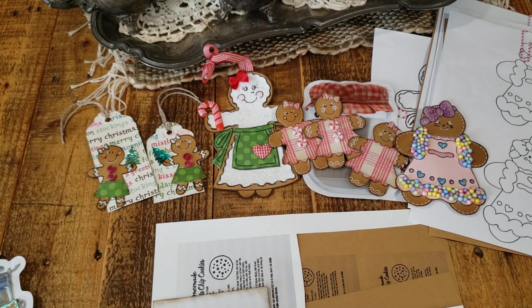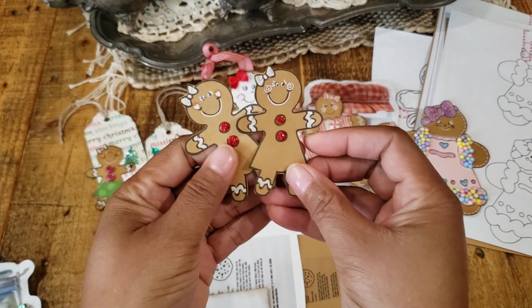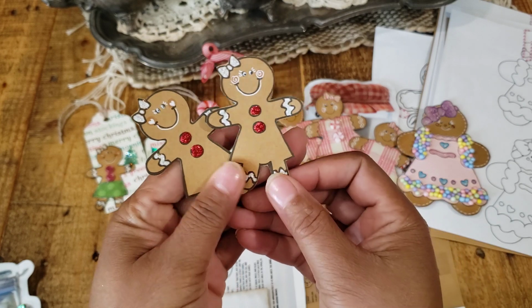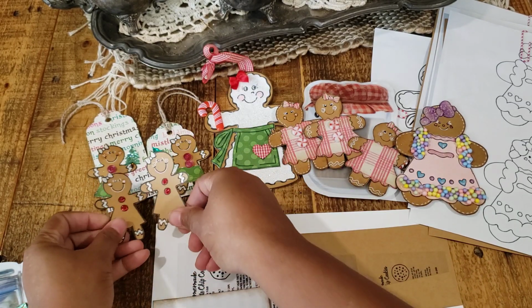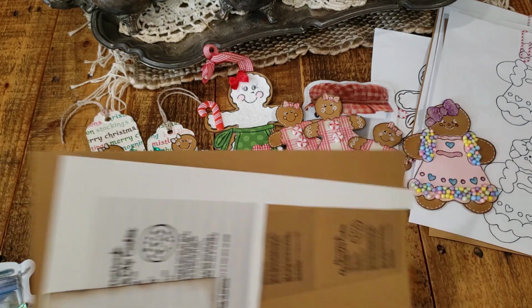Okay. And then the last one, oh, let's see, wait a minute. First of all, I have a couple more of these. Okay. See how I color these? I haven't put these on anything yet, but look how cute those are. Right? So adorable. So these are the same little girls here. Okay. So the last thing that I did was